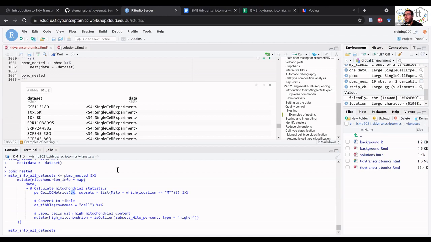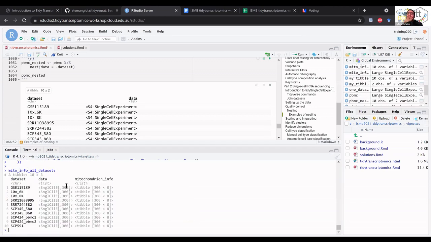So in this case, we are getting the column data, so map column data, and we are applying our QC metrics on the content of our data. Same as before. Basically, this is a copy and paste of our code before, and that's it. Our new column that we'll call mitochondrial info will contain this process information. So if we proceed,